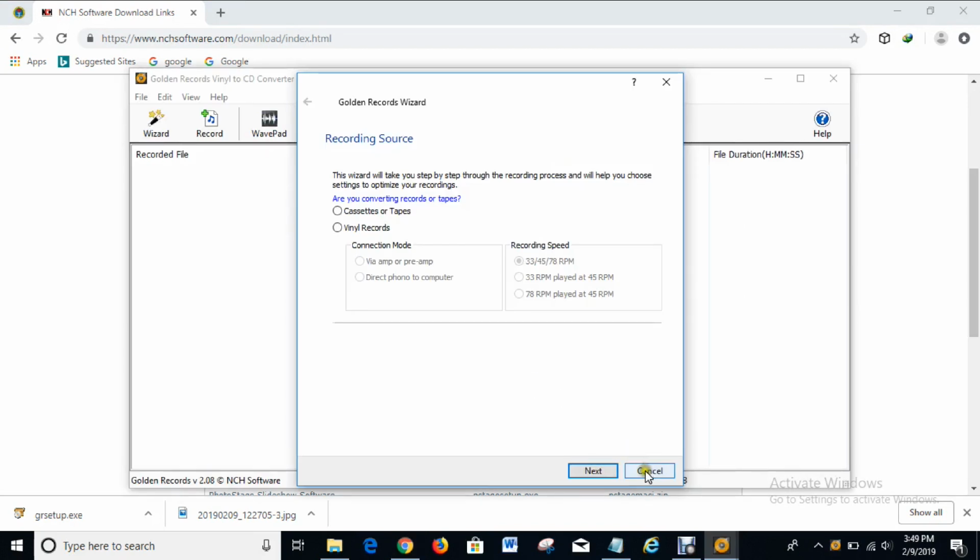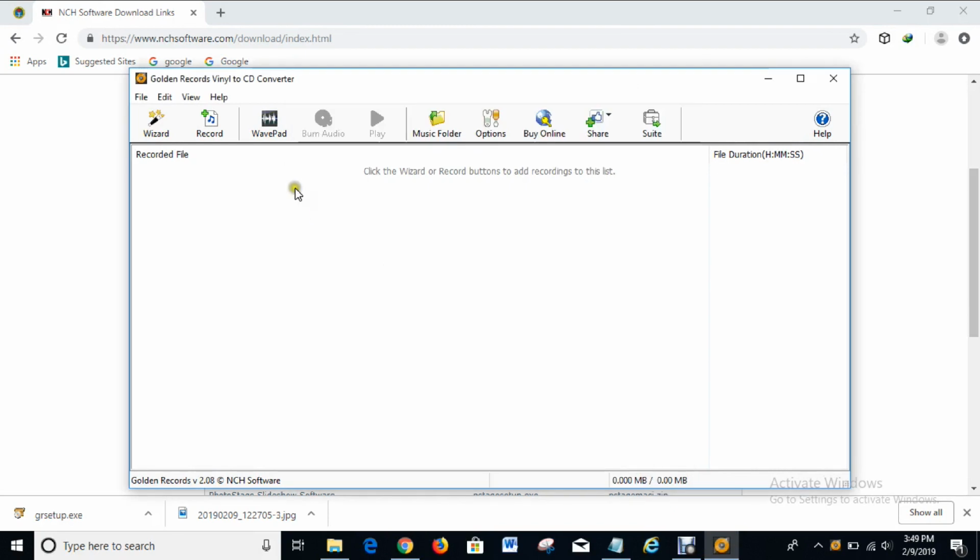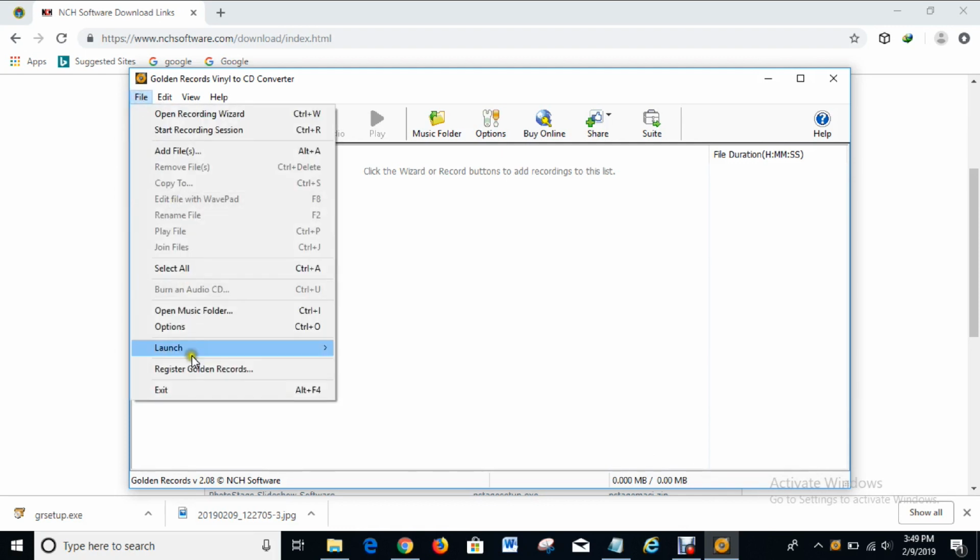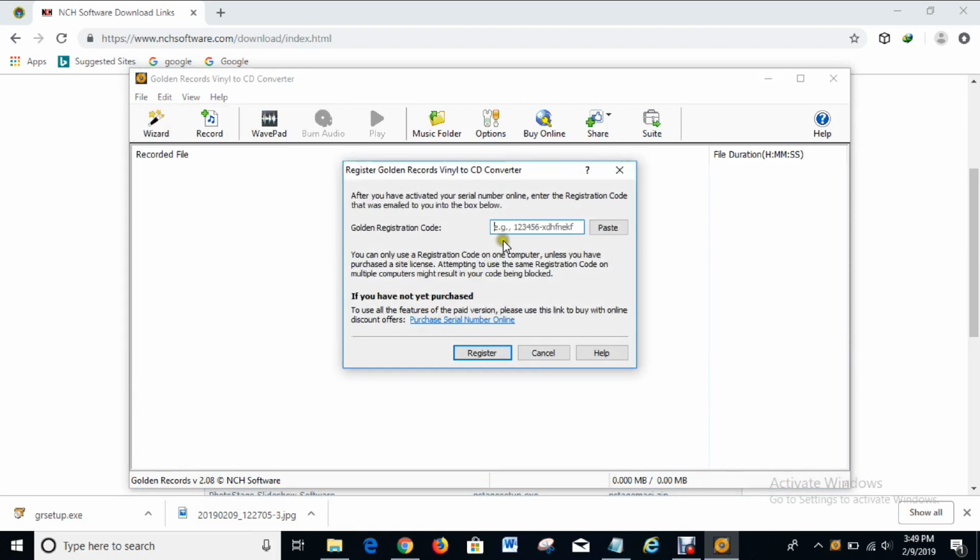Okay, I'm not going to do all these settings right now because I just want to get licensed and registered. So what you have to do now in order for you to register this and license it is you click on file and you come down to register Golden Records. So you click on that too, and here is the space where you are supposed to put in the registration